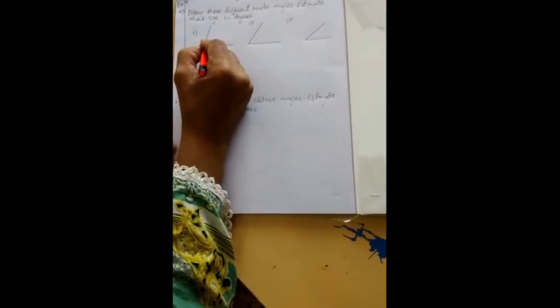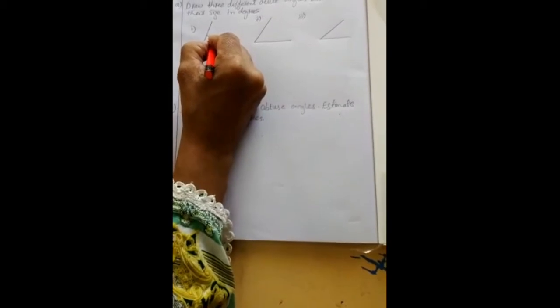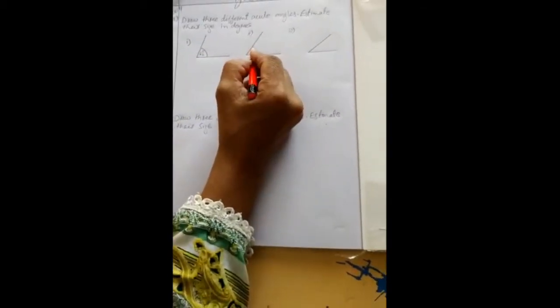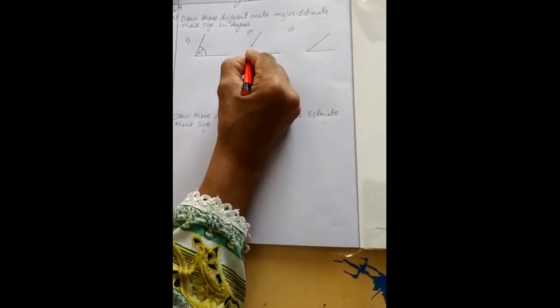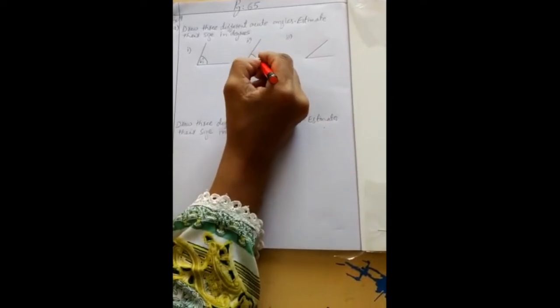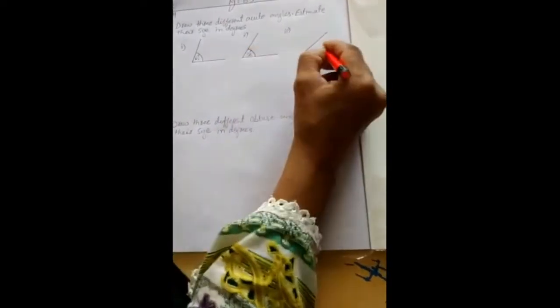Now we will write down the estimated size of these angles. This angle can be 65 degrees. It's an estimated size, not an accurate size. The size is an estimated size, and it may be 55 degrees, and it's